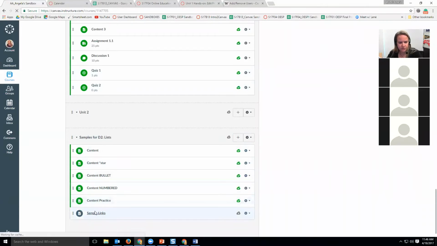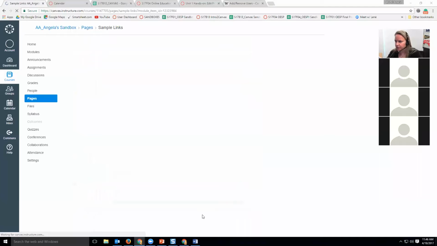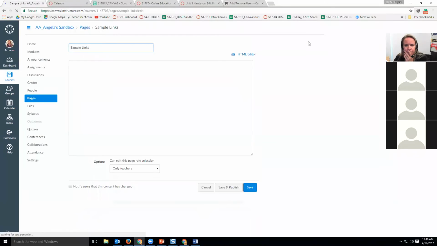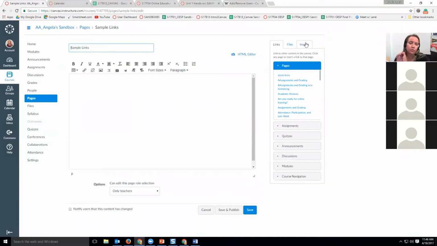There are two different types of links that you can put in your course. One is relative links, and that means that it goes to another place in your course. And the purpose for a relative link